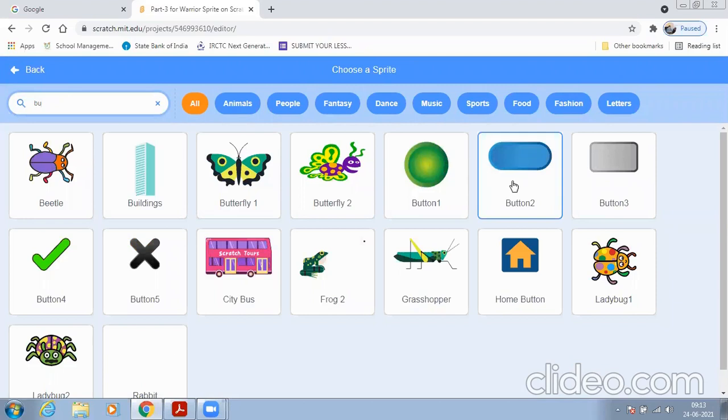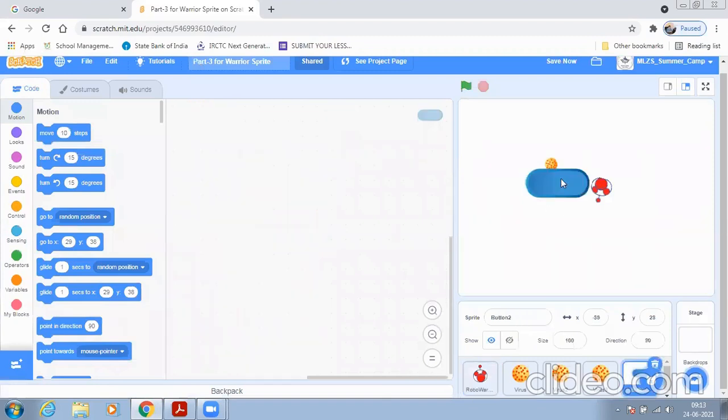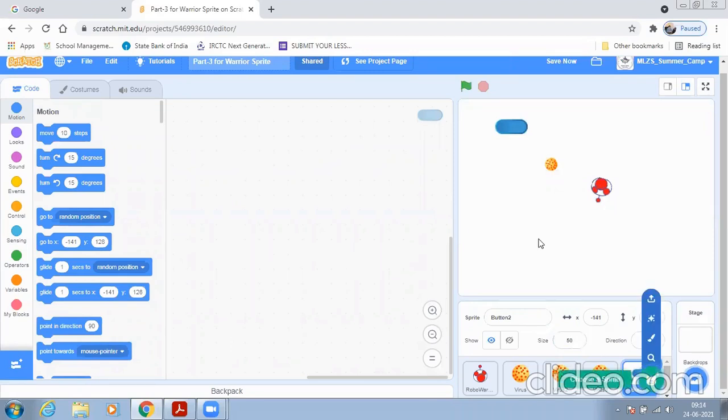You will see here the button 2 will appear. You should click over there. Now you should reduce its size to 50. Size is reduced. From here you can reduce the size.